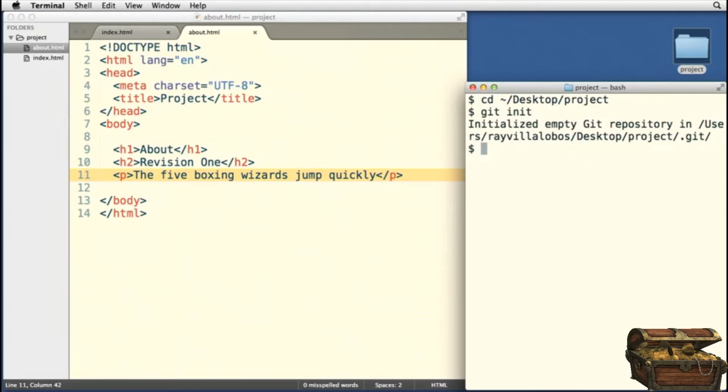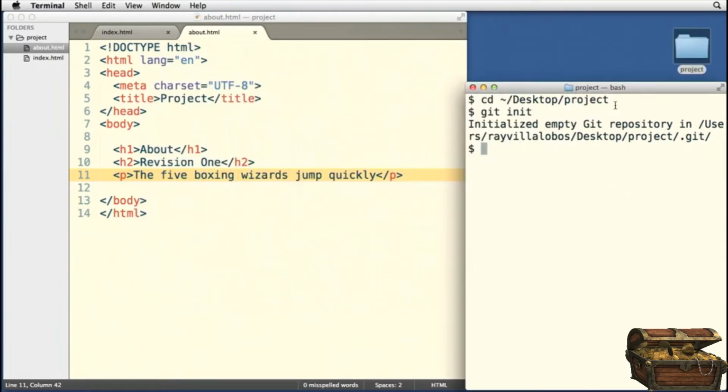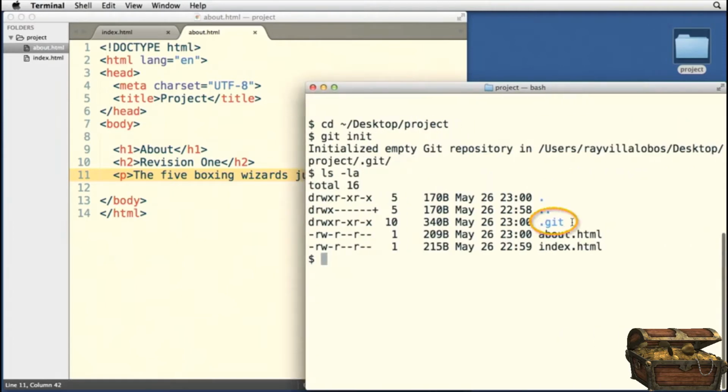You can tell that this is being tracked by Git because there's a hidden folder inside this directory. You can't see it with your regular operating system, so it's not here. But if you go to the terminal and you issue an ls command or an ls -la command, you'll see that there is another folder here called .git. It's an invisible folder, but this is where Git is going to keep track of everything going on with your